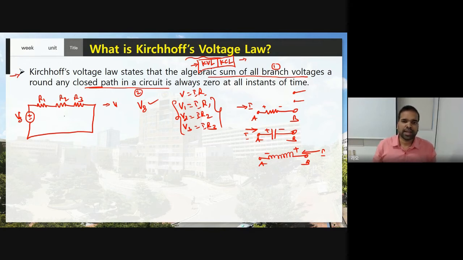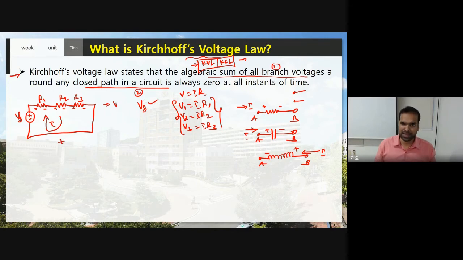Now see here, how can I apply KVL in my circuit? This is a series circuit, all elements are connected in series, so I can consider that the current I is flowing in this circuit. After considering that, based on the current direction, you know the polarities: plus and minus, plus and minus, and plus and minus. Then can I apply KVL in loop 1? Of course. As per this statement, see the voltage drop at the branch. Here this is minus and this is plus.